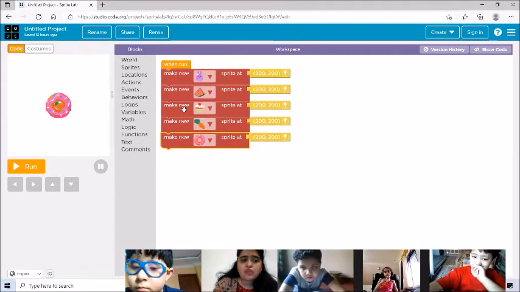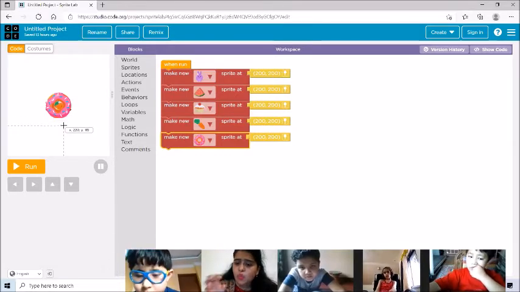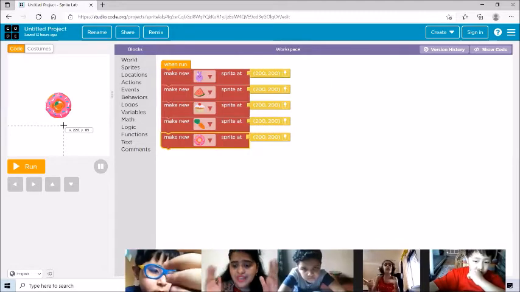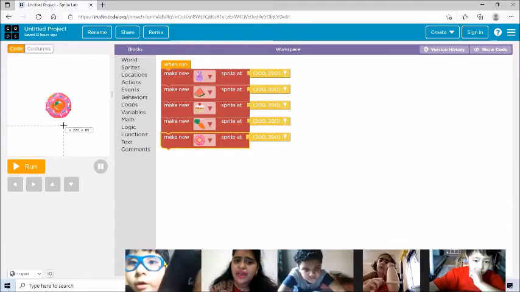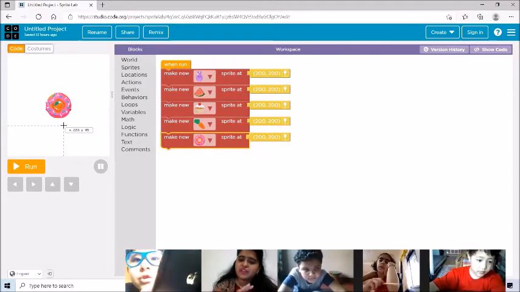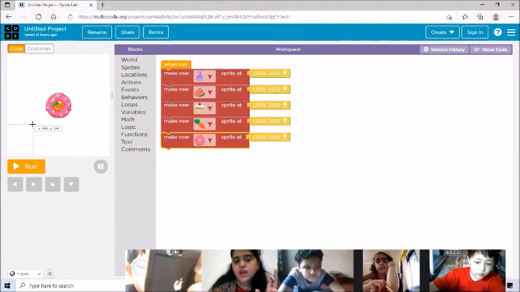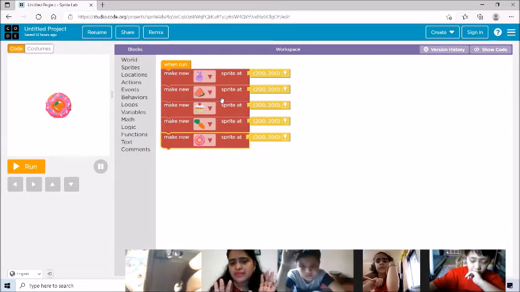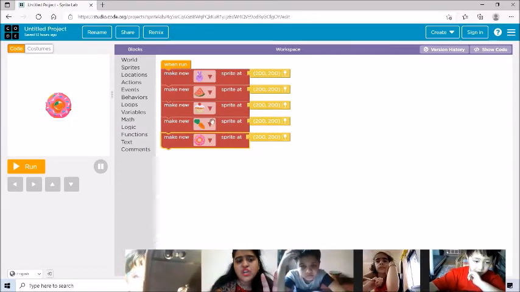Okay, so now we have to change the location. Can you see that all sprites are coming one over the other? All the sprites are coming one over the other, but we want to change their location so that they are properly visible. Right now, all the sprites are one over the other. That is why you are not able to see them properly, right? So I'll have to change the location of these 4 sprites. Bunny would remain on the same location, and we will change the location of the rest of the 4 sprites.